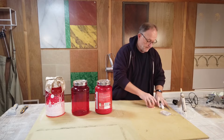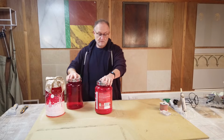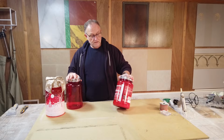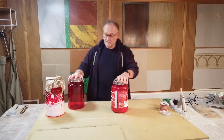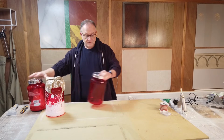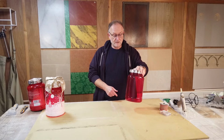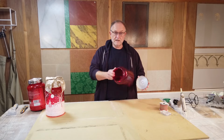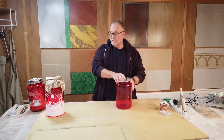Okay, now you obviously are going to be taking your jar, your canister. This one has protein powder in it. You're going to be removing the plastic film with all the lettering and writing on it. Make sure your canister's clean. Give it a quick wash. Then